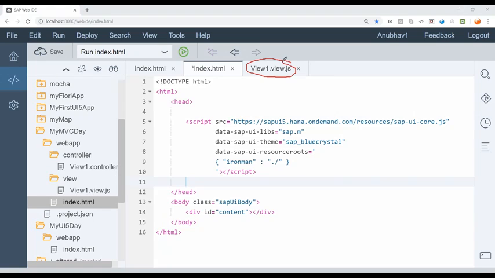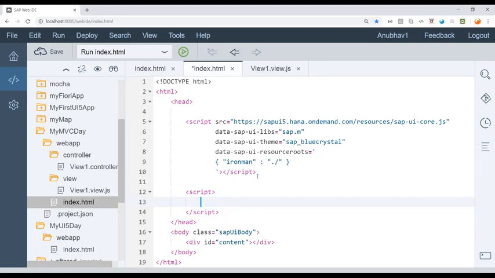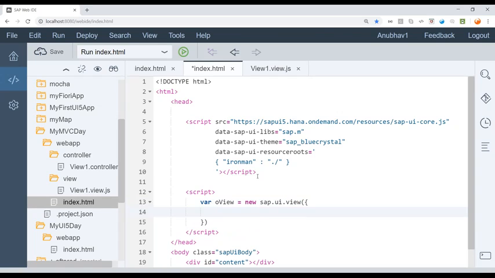Your view is created, but the view object is not created yet. You have to create your view object and place that in the DOM. Let's create a script tag. Let's create the view object: var oView equals new sap.ui.view. And now here you have to give the